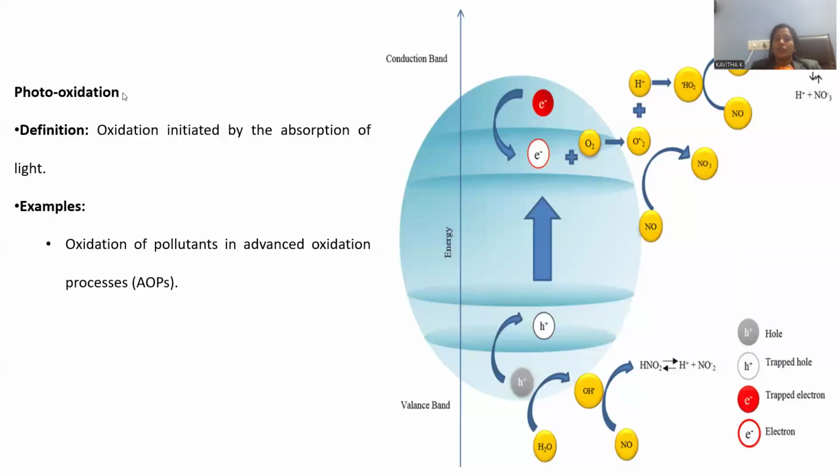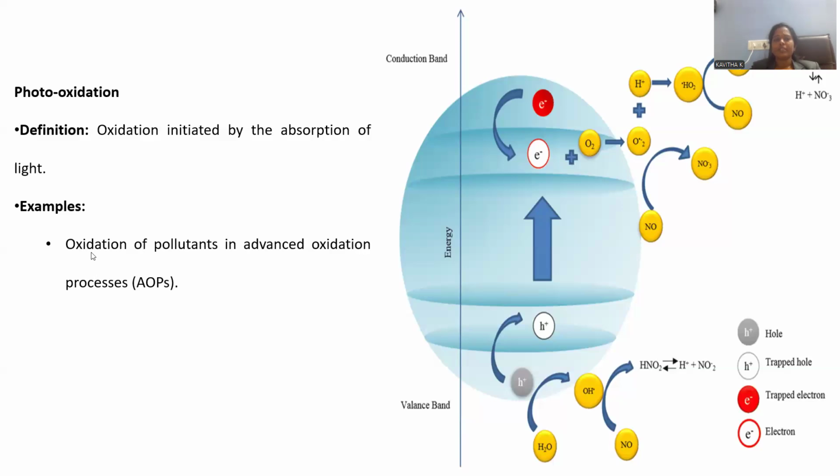And next is photooxidation. Photooxidation stands for what? Photo means what? Sunlight is induced for the oxidation process, right? Oxidation initiated by the absorption of light. Whenever sunlight is irradiated upon the reaction mixture, that process is said to be a photoirradiated reaction. Photocatalyzed reactions we can define: oxidation initiated by the absorption of light. Whenever any reaction is facilitated by irradiation with sunlight, that reaction is regarded as photooxidation,